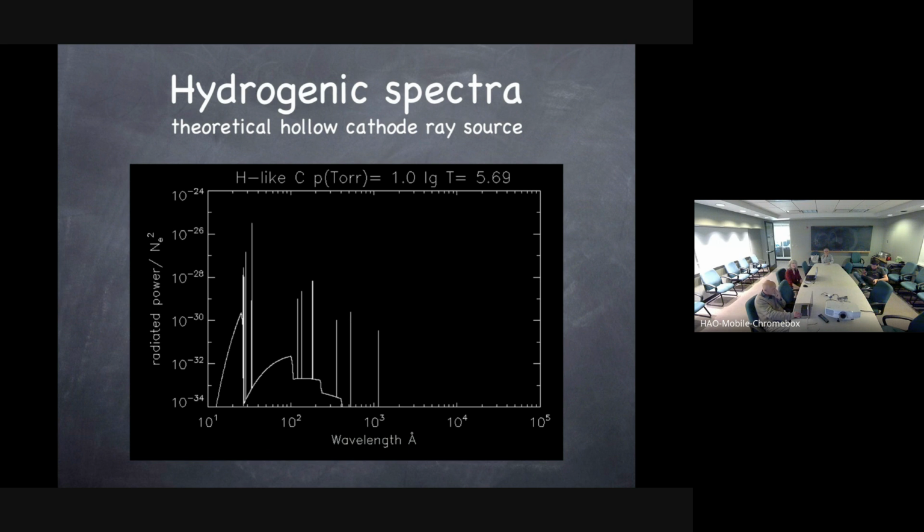Now we go to hydrogen-like carbon. Now that edge is at 35 angstrom, and you've got a bunch of lines around 40 angstrom. These are the ones observed with things like SMM. And under those conditions, various interesting things happen. I'll show you some examples later: you see a line that's caused by something called dielectronic recombination. You see a fully forbidden J equals 0 to J equals 0 transition, and things like this that result from